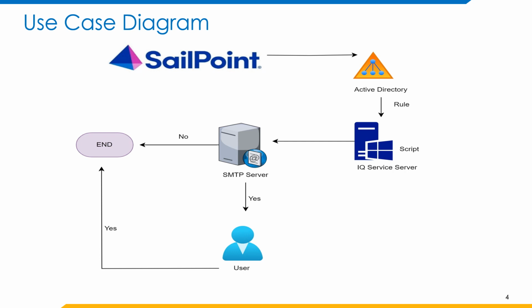By using this rule, we are triggering the PowerShell script, which is placed in IQ Service, for sending email using the SMTP server containing the email ID, password reset link and user manual. We can also edit the content to be shared in the email based on the organization's requirement. And coming to the next slide,